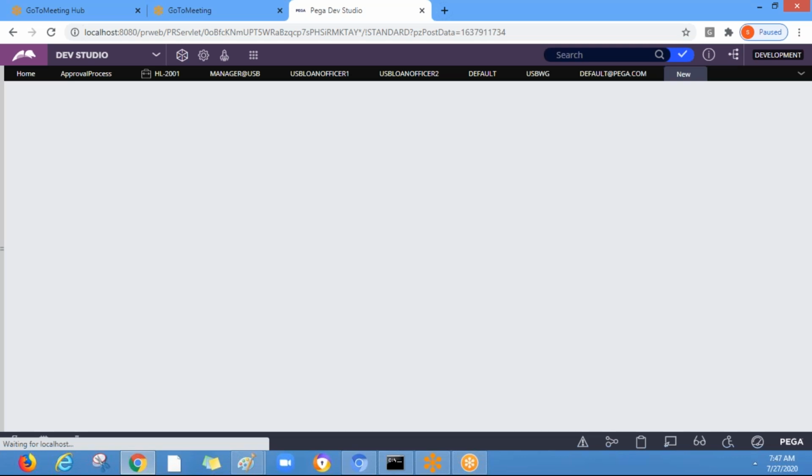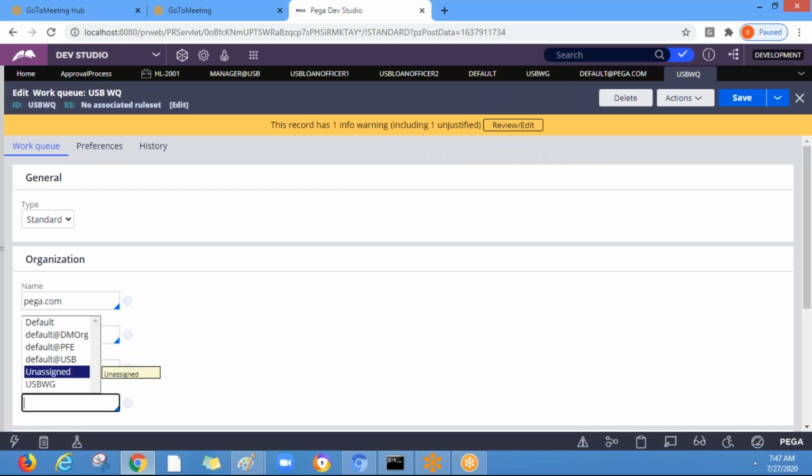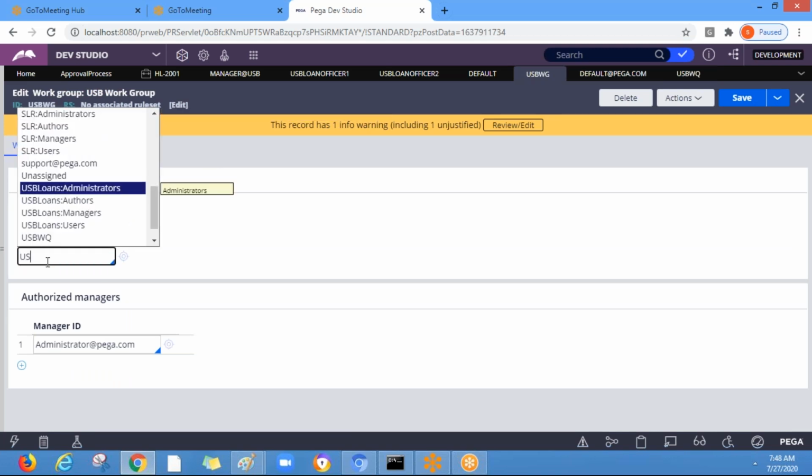So inside the work queue, we need to specify the work group. So we created work group already, so that can be specified here. So remove the default and specify the one which we created. Now come back to the work group and change to the work queue, USB work queue, which we created.